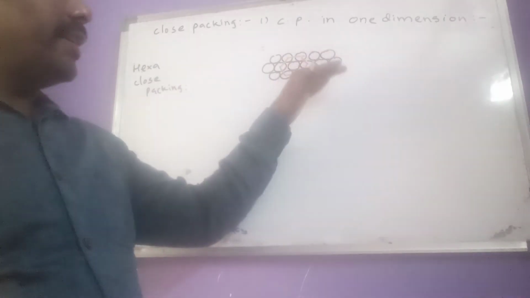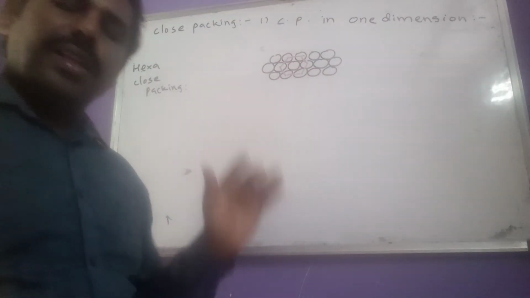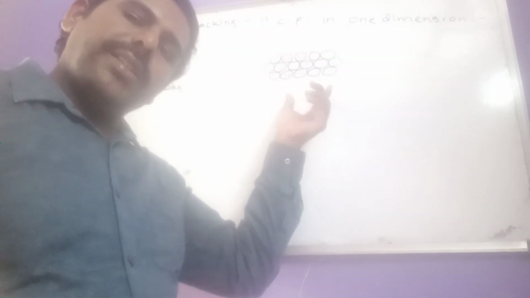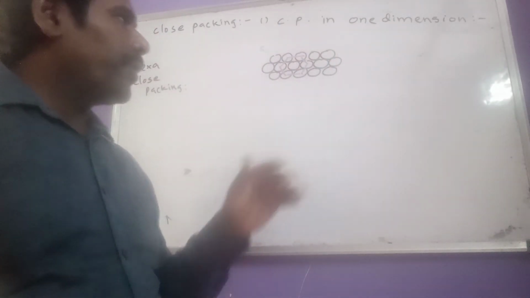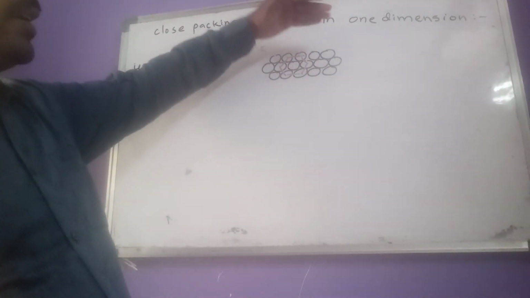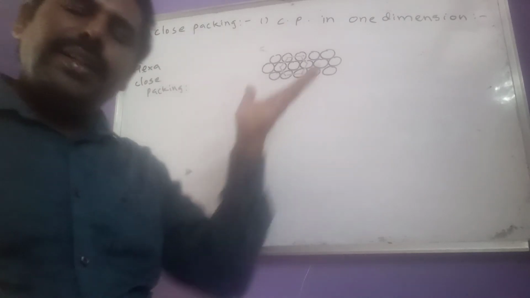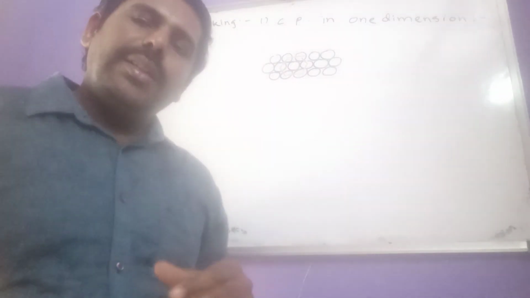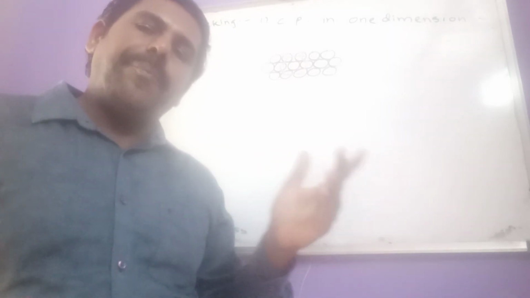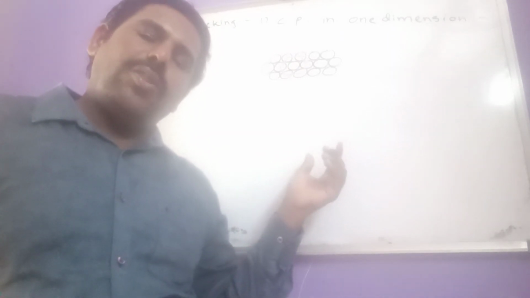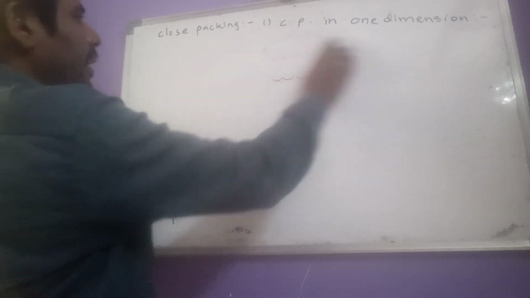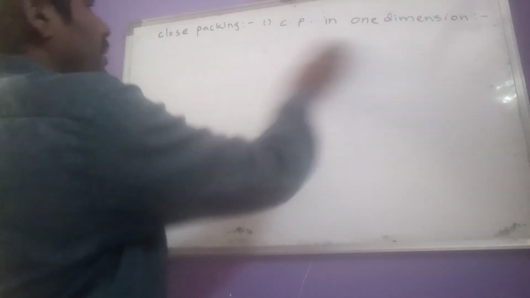Now let us go to the three-dimensional arrangement from this two-dimensional hexagonal close packing. So this is the first layer totally. If second layer, third layer, fourth layer, like that, different layers are formed, that will give which one? Three-dimensional close packing of that hexagonal close packing. Okay, now while placing the second layer, what happened?